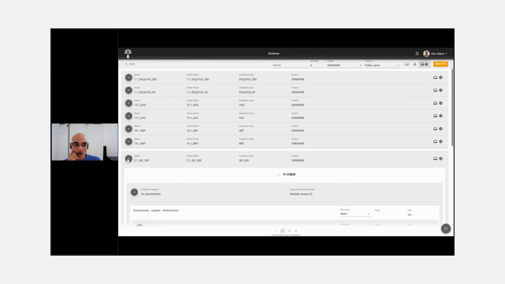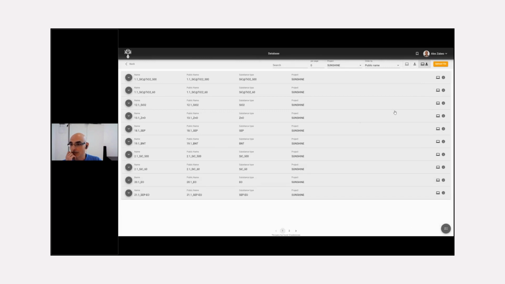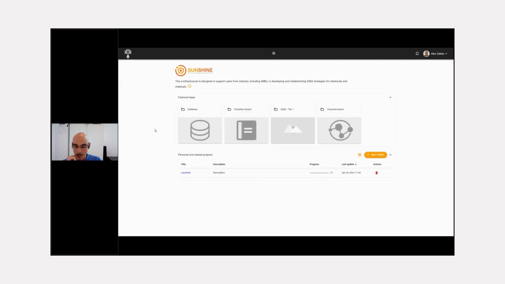And you can also, of course, upload your information directly in the database. And with this, I conclude this introduction to the E-infrastructure. It's been very brief because we surely cannot go into too much details of everything. And then we would like to proceed with